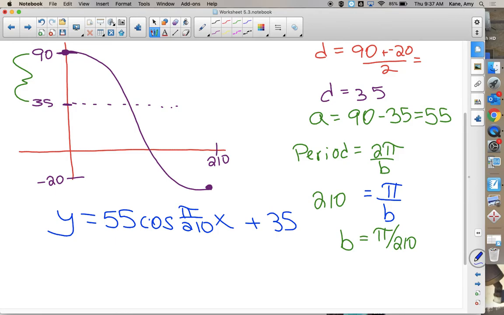Questions with getting that equation? Because the period, well, it's actually half the period. From start to stop, from the top to the bottom, is 210. So the distance of the graph. And we're just using pi because it's half the graph instead of all the graph. Other questions? So looking at part B,